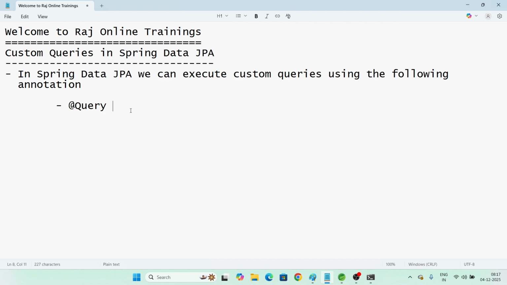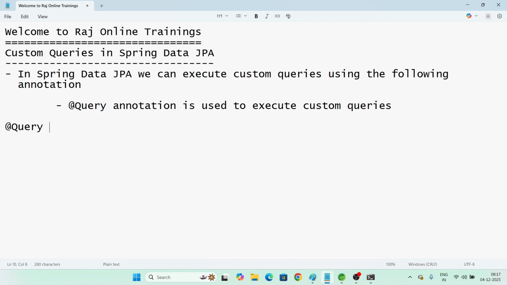The @Query annotation is used to execute custom queries. So which annotation do we use? The @Query annotation. It is used to execute our custom queries. And this @Query annotation